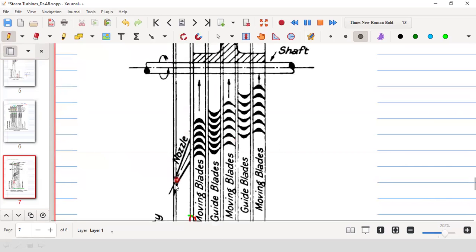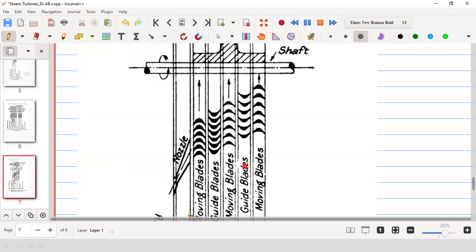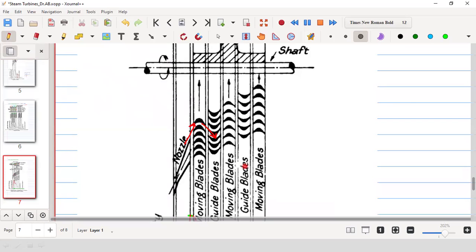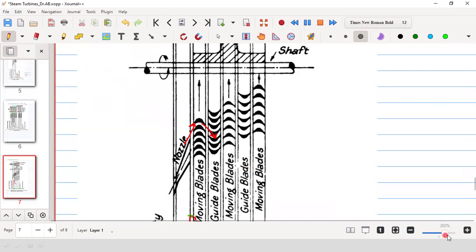So in the fixed blade, what is happening? You see, in the nozzle, the steam is coming here and it is striking. So due to the impulse principle, it will rotate. Now as it is moving in this direction, it will release the steam in this direction. So it is going in this direction and it will release the steam in this direction. It will now be striking the fixed blade, and now the fixed blade will now divert the